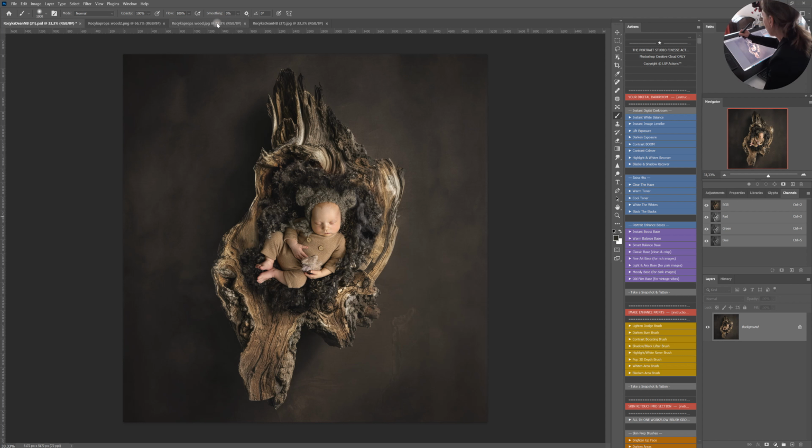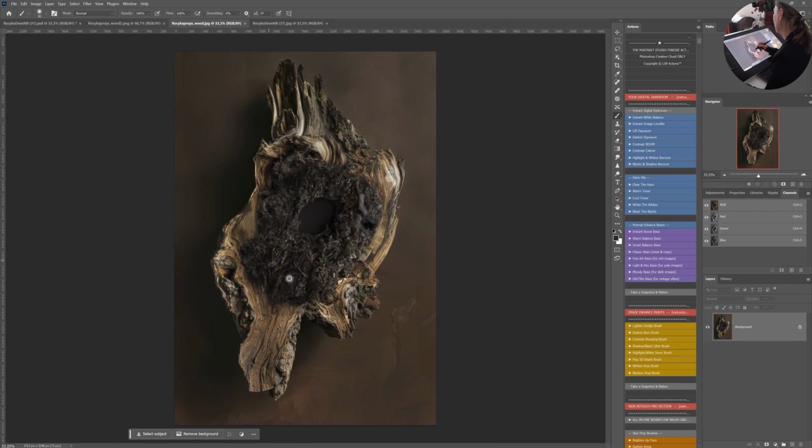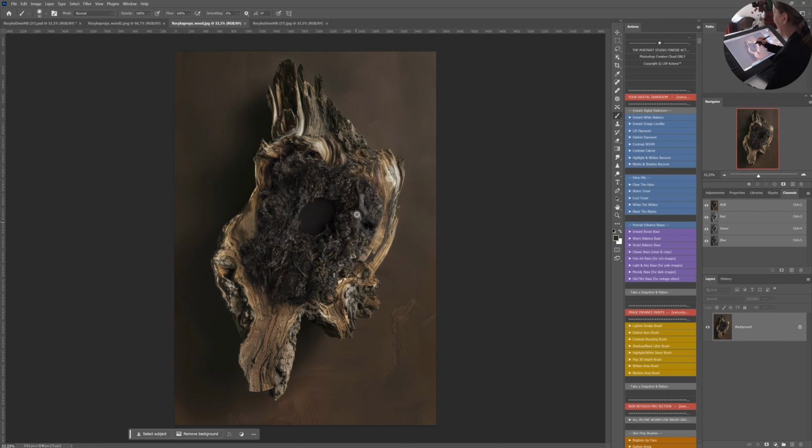To show you, for instance, this is my first prompt. I liked it, but I didn't like the fluff. So I changed the inner side to the fluff I have in my studio. I made a separate picture of my fluff and edited it in here, as you can see, so that the transfer